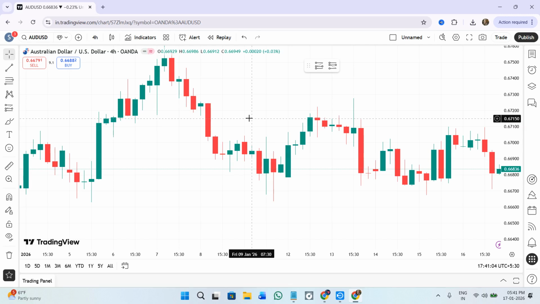Hello everyone, welcome back. In this video, I'm going to show you how to add Pine script in Tradingview in